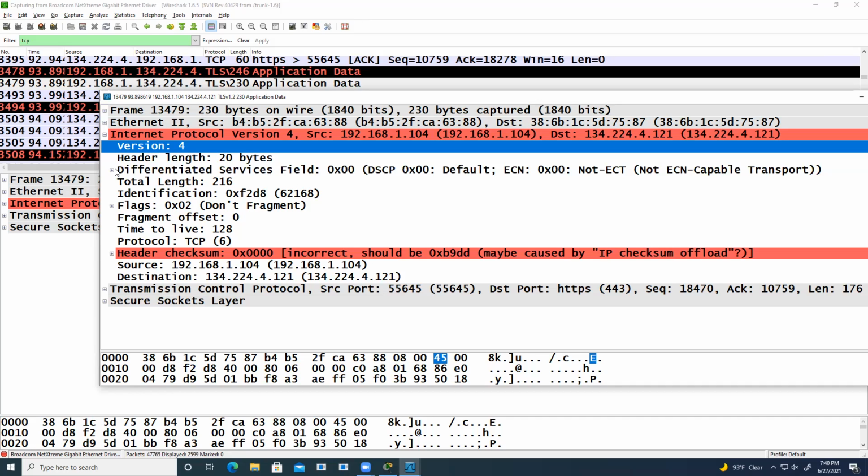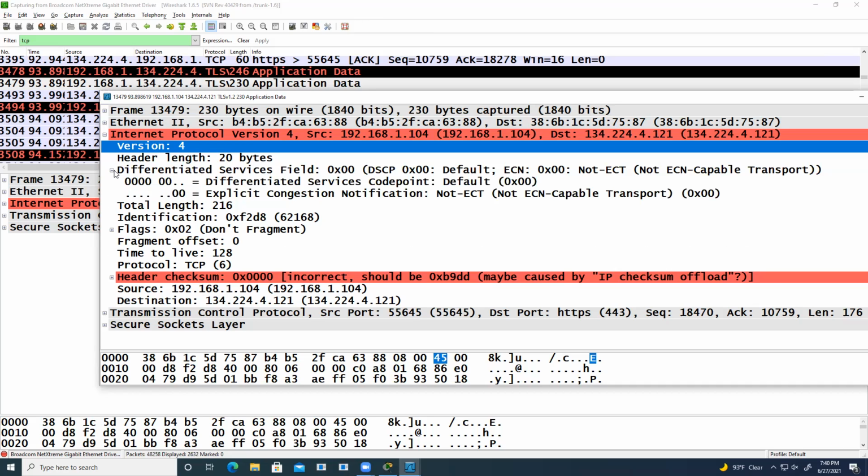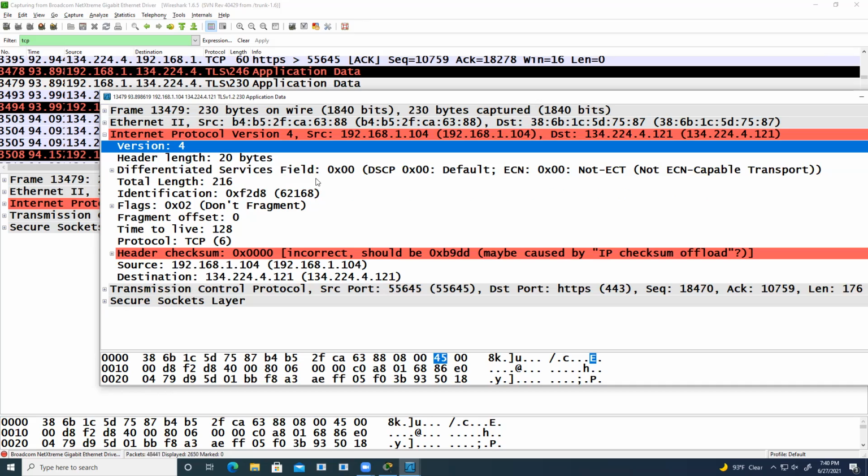Then there are some extra fields, called differentiated services. This is all about QoS. You may have heard about QoS, quality of service. In short, what does it mean? Let's say you are sending voice and data.